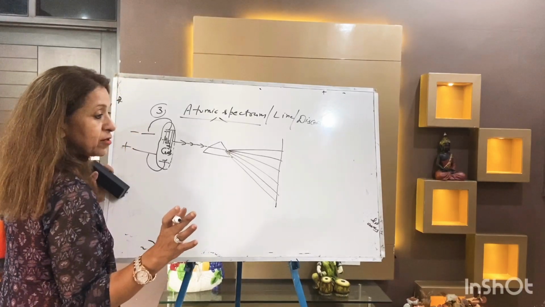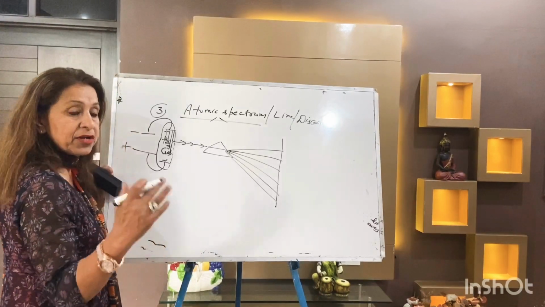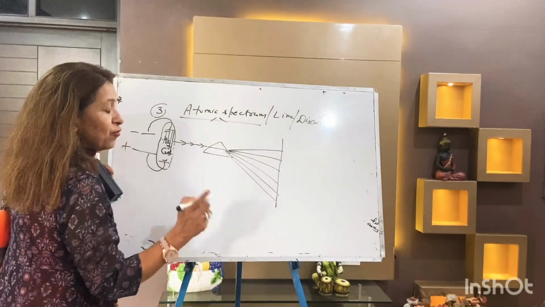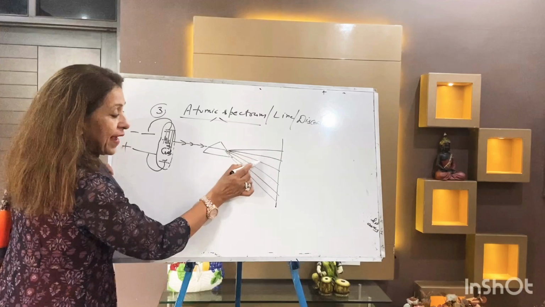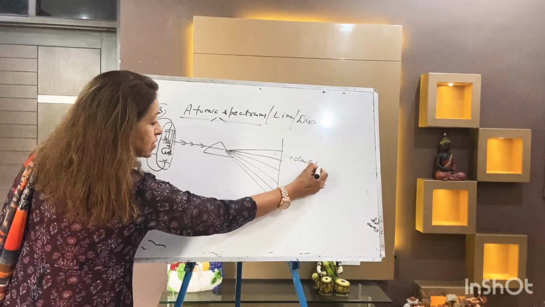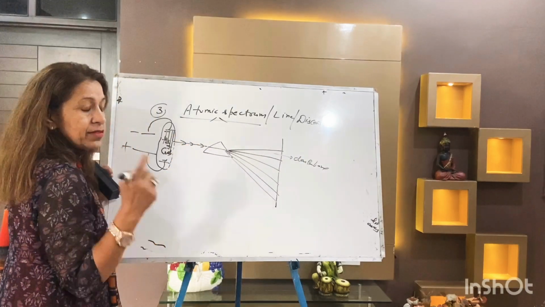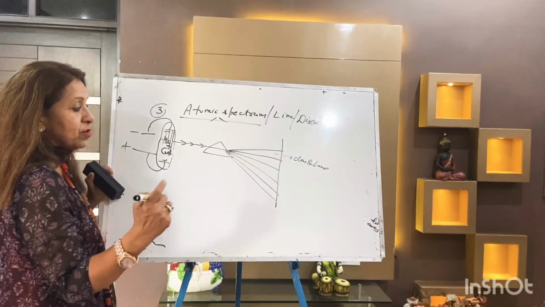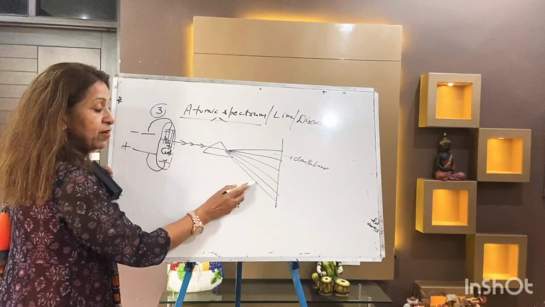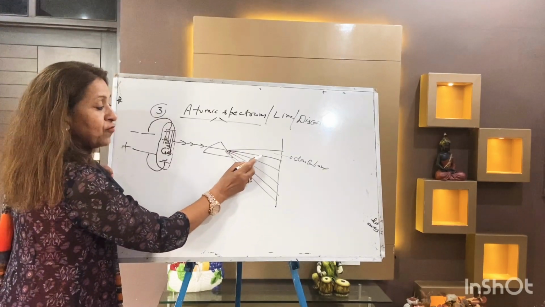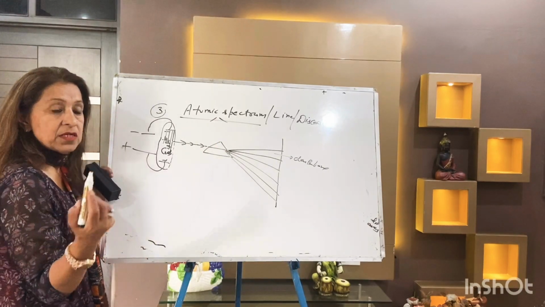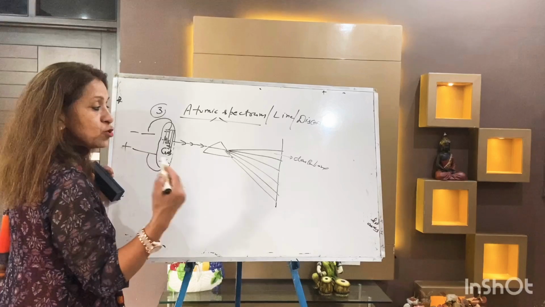In hydrogen spectrum, 5 lines obtained. Details of these 5 lines we will take in the next module. So only one line we will write. These all lines are bright, and this is your separation of a dark band. So that's the reason it's called line spectrum. That's the reason it's called a discontinuous spectrum, because there's a gap between the lines. So hydrogen gives 5 lines, 1, 2, 3, 4, 5, 6, whatever you can write. Lyman series, Balmer series, that we will take in detail in the next topic.